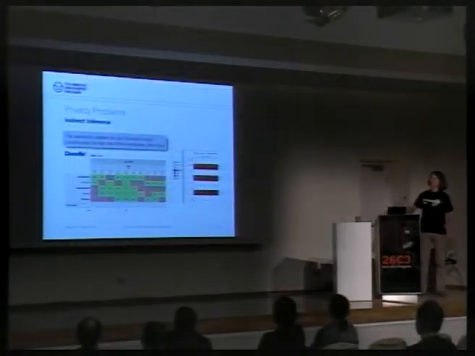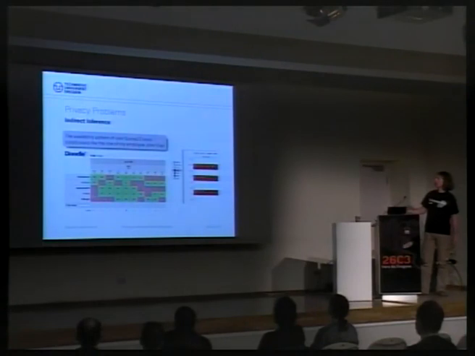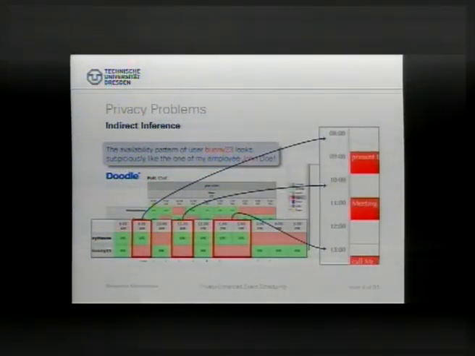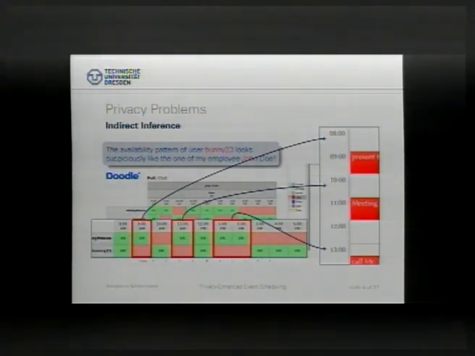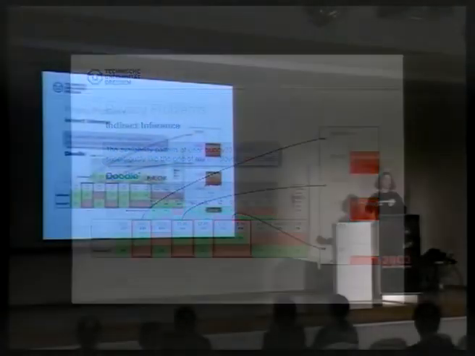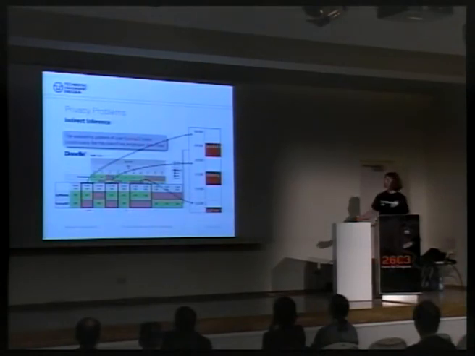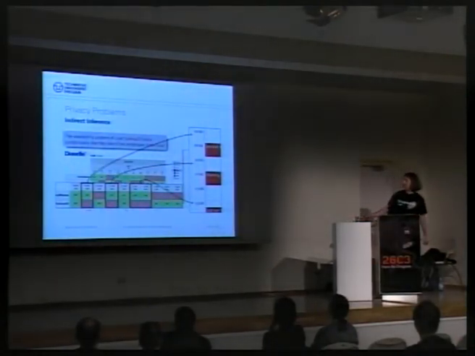And maybe the boss of John can ask herself, hey, this availability pattern of the user Bunny23 looks quite similar to the availability pattern of my employee John Doe. With this, you can first get some information about this pseudonym,